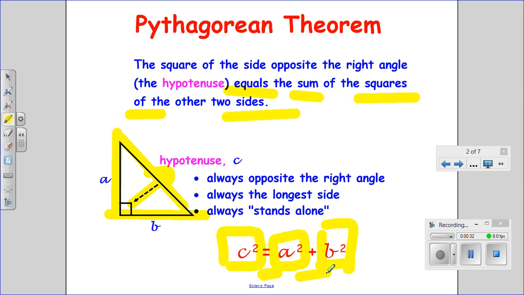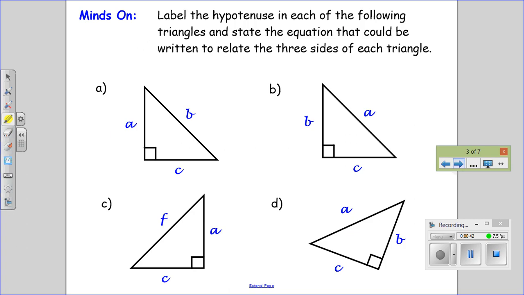Things to remember is that the hypotenuse, the side that stands alone on one side of the equal sign, is always opposite the right angle. It's always the longest side. So if I wanted to label the hypotenuse in each of the following triangles and state the equation that could